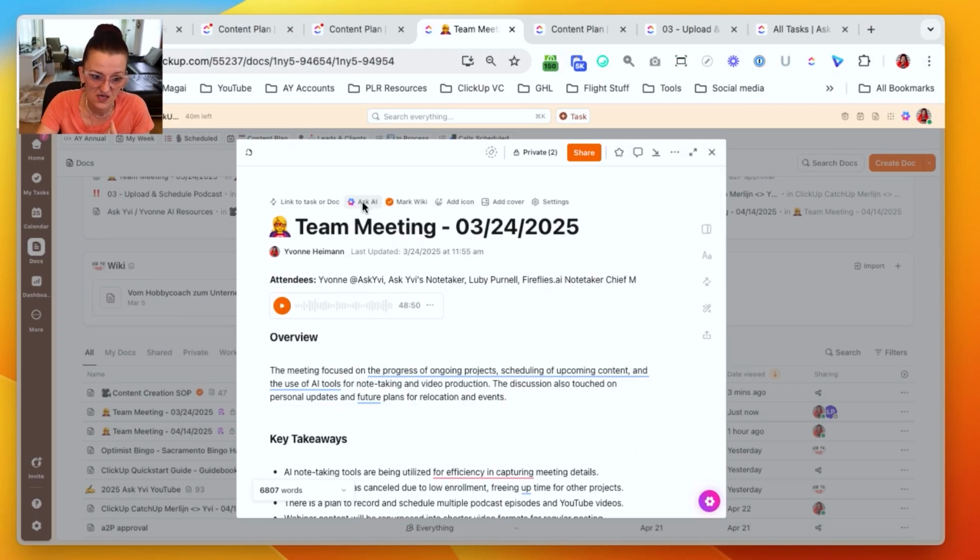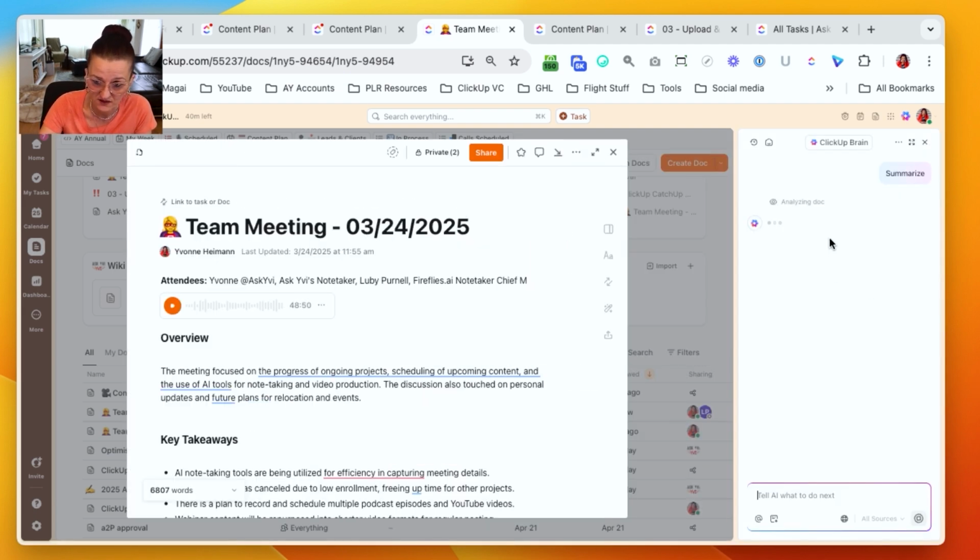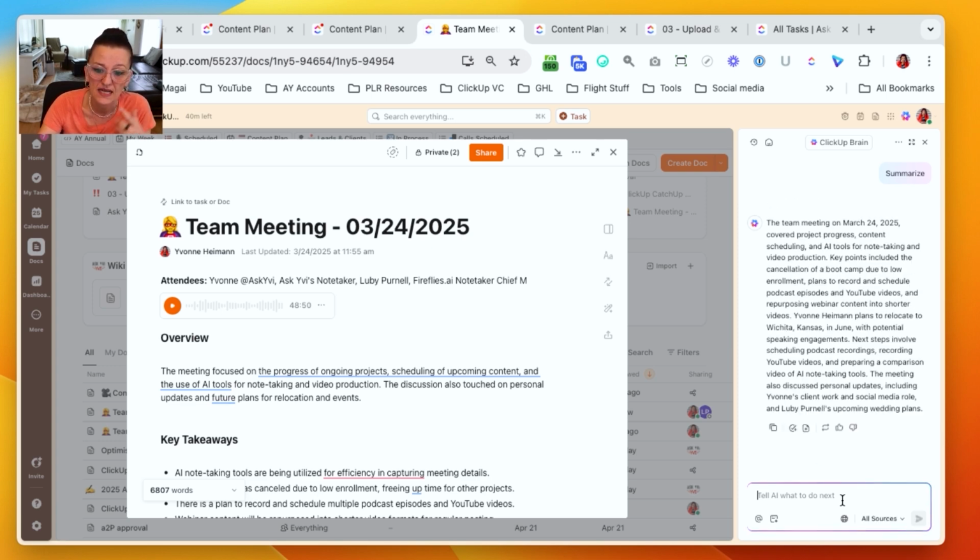Talking about summary, there is an Ask AI on top of documents. So you can simply use the summary button, or you can engage with the document and have your general prompts and ask what is happening in here too. I really like where ClickUp is taking AI, and there is a lot coming. And that's it. ClickUp AI is seriously like having your own personal assistant in every single meeting.